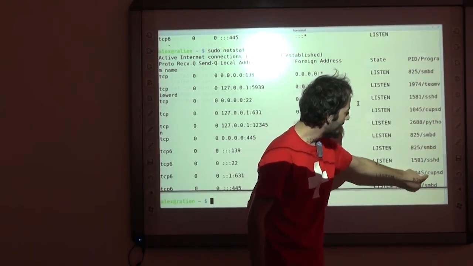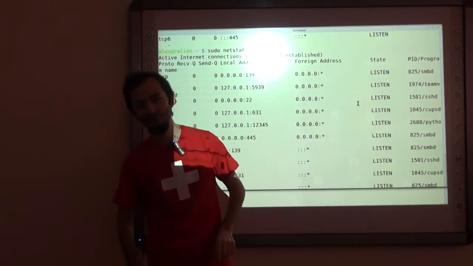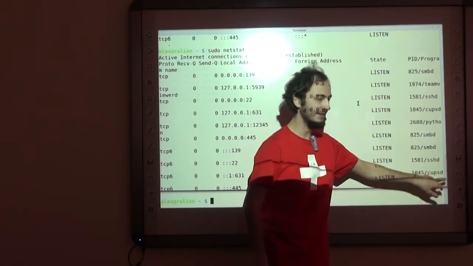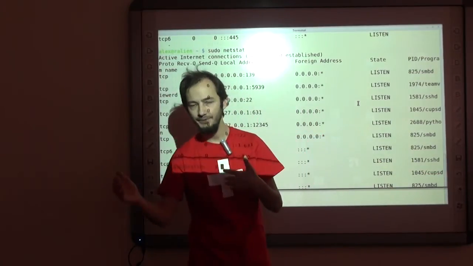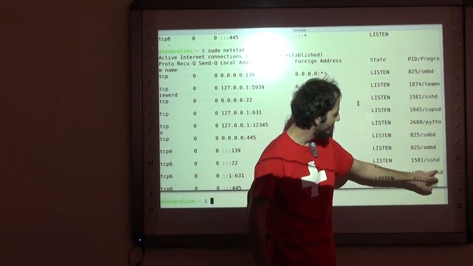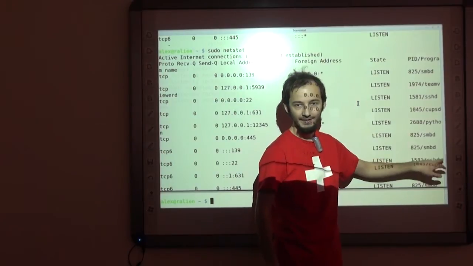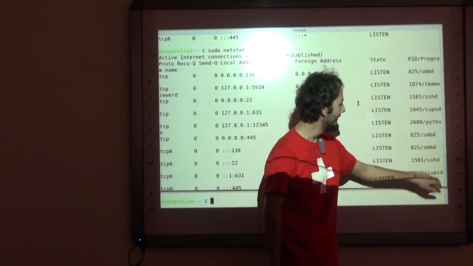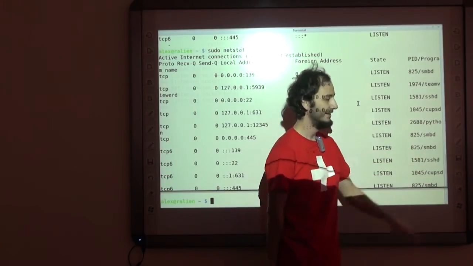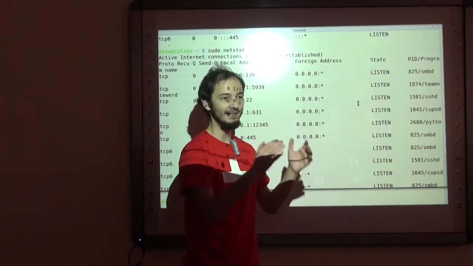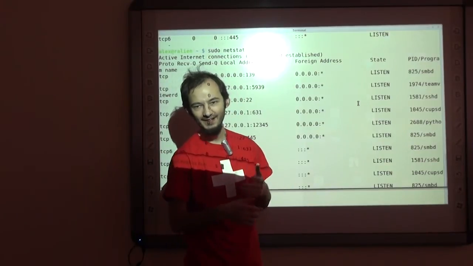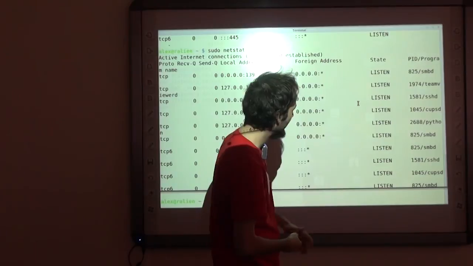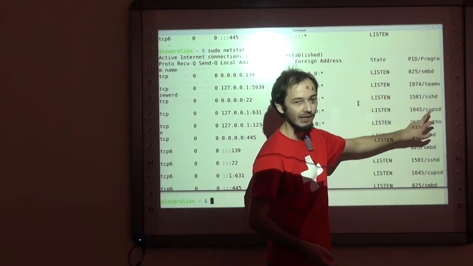What else? CUPS. It's a common Unix printing system. And usually D in the end stands for daemon, server. So this is the CUPS daemon. SSHD, it's a secure shell daemon. SMBD, it's not somebody, it's the Samba daemon. Samba is a file sharing service. What else? Well, we covered them all, and we see our process here.